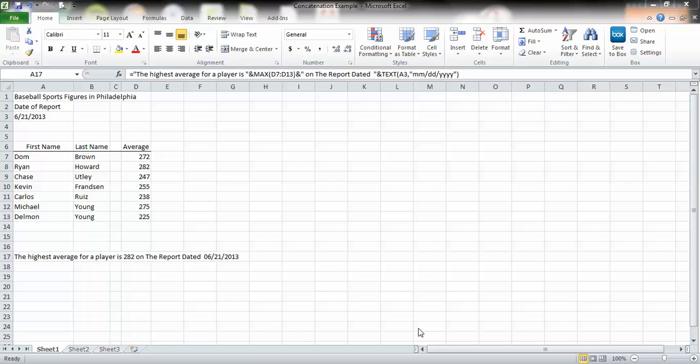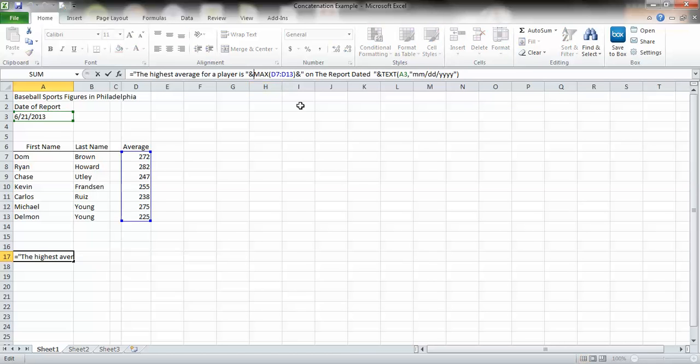Okay, we're going to pick up where we left off on concatenation, and we're going to add another variable to this formula. We're going to add in the player's name, first and last name, to this statement. And remember, the player can change because we're picking up the maximum value of the averages there. So let's go back to the formula, and where we say we're going to add something here before the actual